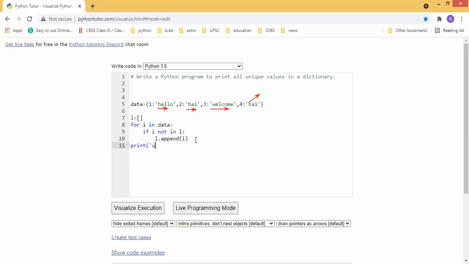Okay, so I'm going to give unique values. Sir, okay, sir, for i in data.values. Why did you suddenly change this? Sir, I have not seen that, sir. You only told that. See, if you process like this, it will process directly the keys, only the keys. See here, there is no repetition of keys. Key is always unique. No need to check. Understood, everyone?